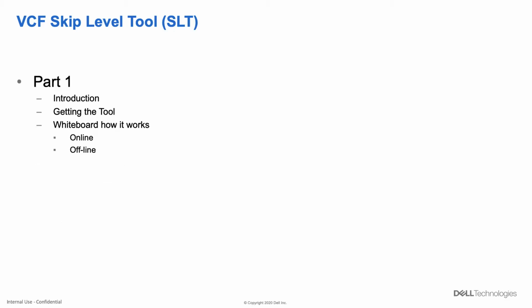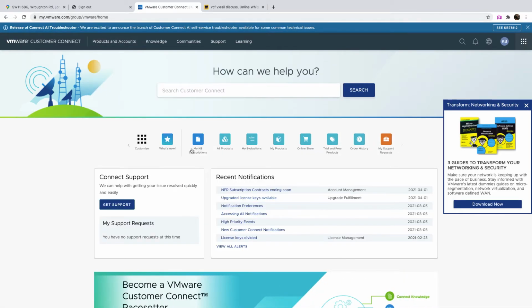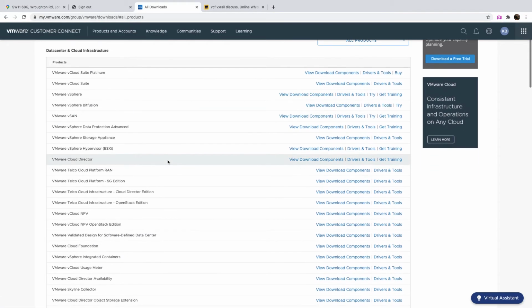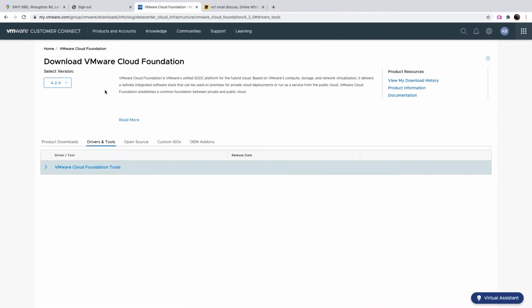Right, so part 1. This is approximately 10 minutes long. Let's first cover where to download the tool from. So downloading the skip level tool. This is from the VMware site. We'll go to downloads and then VMware Cloud Foundation, drivers and tools, and then here I'm going to select 3.10